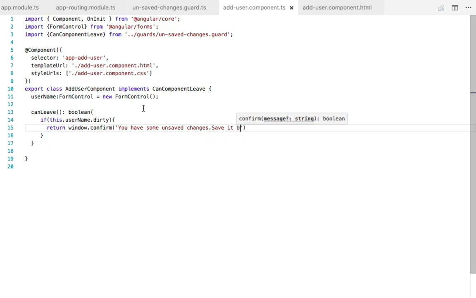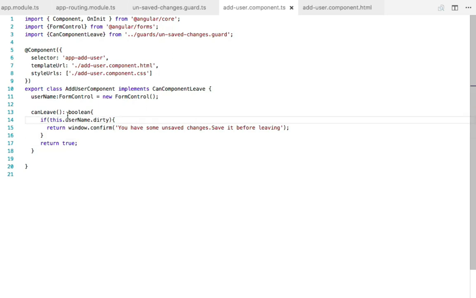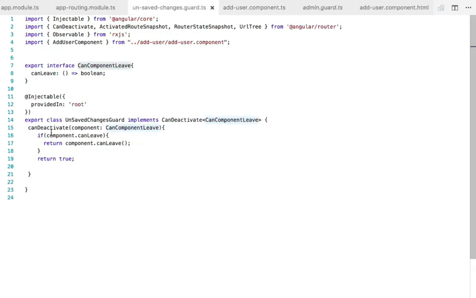Save it before leaving." And otherwise return true. So now the logic is inside the component. So every component will have its own logic or condition. All you have to do is just consume this canLeave method. And this method we have bound with our guard as well.